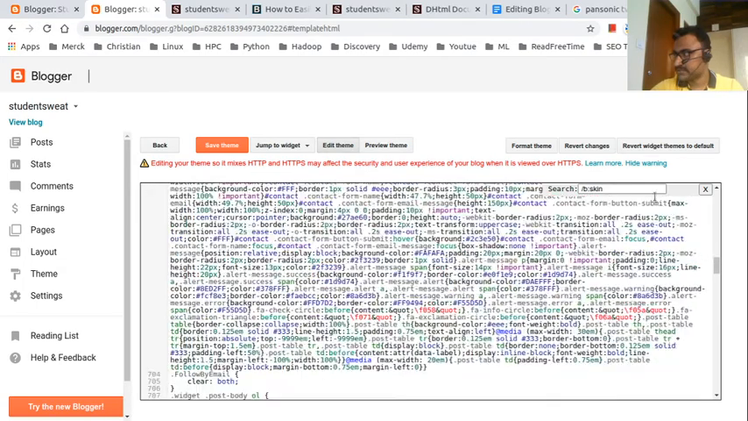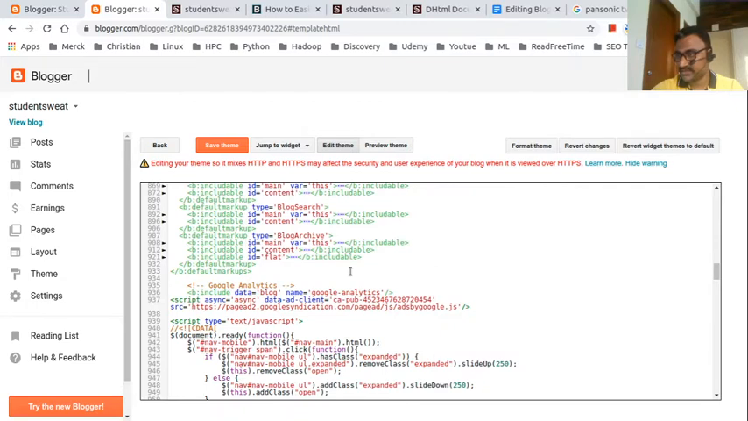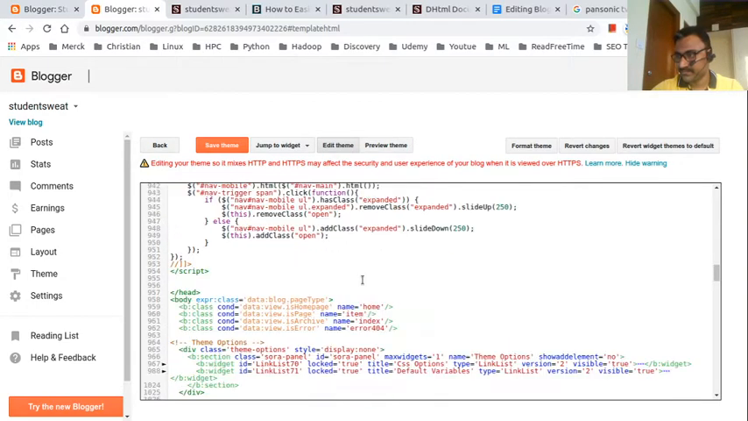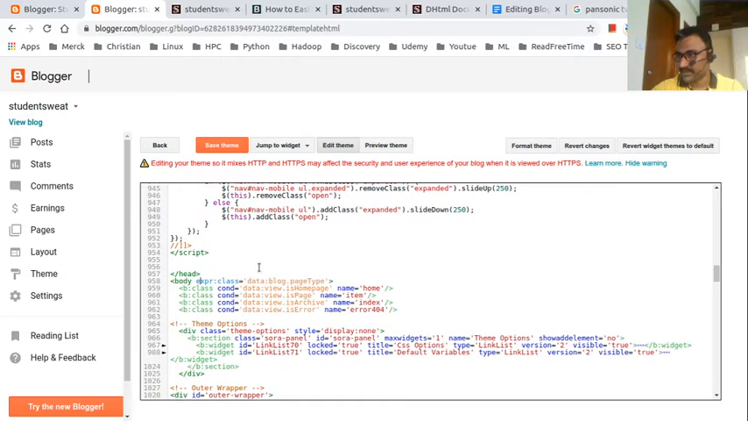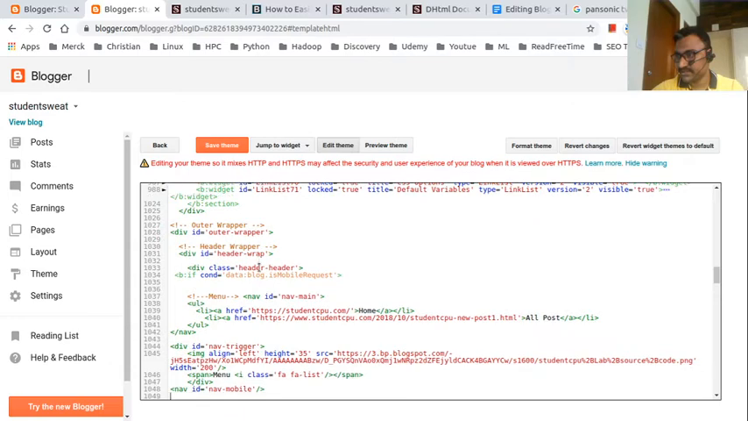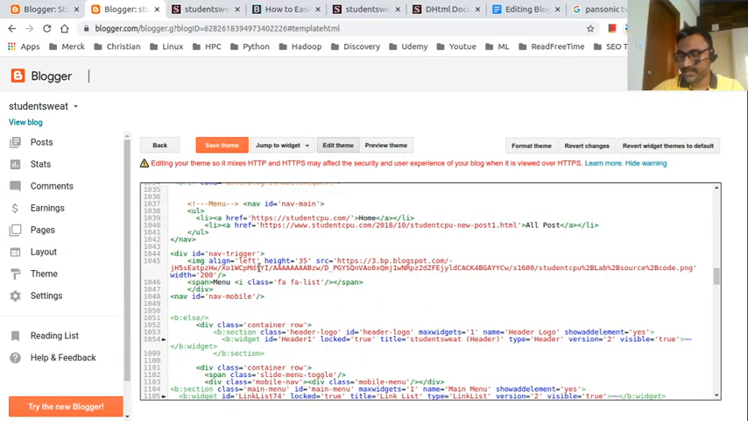Next part, let me close this, then only it will move. I hope it is stuck somewhere. Yes, I am back. Head, data view, link list, post, header, everything is coming properly. See, for example, if I am not closing this,